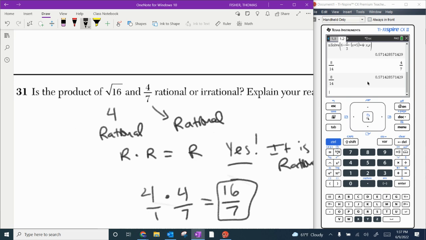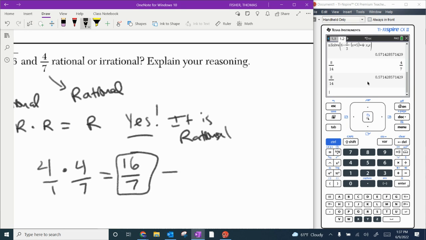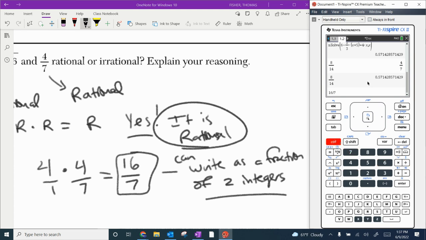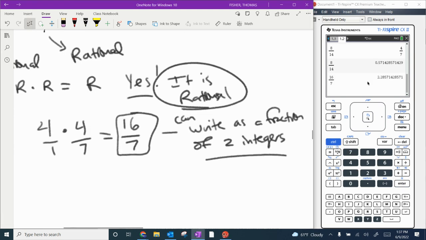Again, written as a fraction. You can write it as a fraction of two integers. That means it's rational. Or you could also say, well, 16 sevenths, if you do control divide, that equals 2.285714285714, which means this part's repeating. So rational numbers